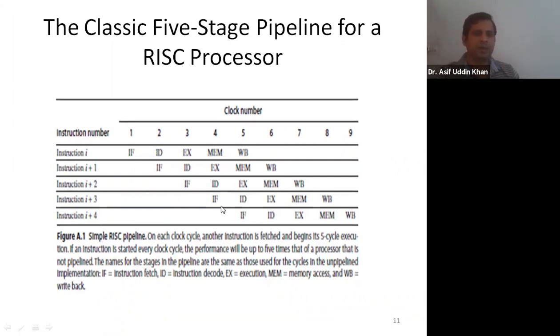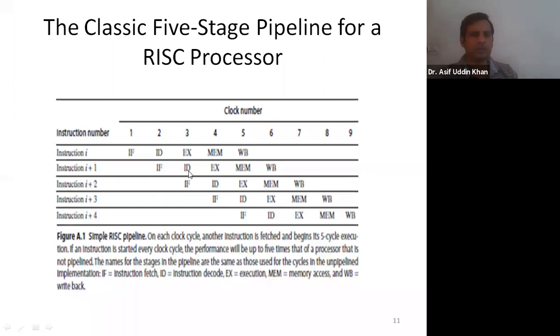Remember, in no clock cycle should any two instructions use the same stage. There should not be overlapping of the same stage in one clock cycle. Two instructions cannot perform the same stage operation in one clock cycle. That is not allowed. Different stages can be performed at a certain clock cycle. Here, in no clock cycle are two instructions using the same stage. They are using different stages.